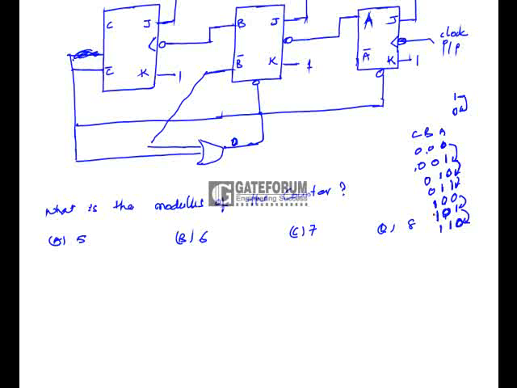That means here B bar and C bar are 1 1, so B and C would be 0 0. Then the output of this OR gate is 0. Now as it is 0, the flip-flops will be reset. That means it will go to the starting state. So the modulus of the counter is 1 2 3 4 5 and 6, which is option B. And the next question, the second question for the same data, is